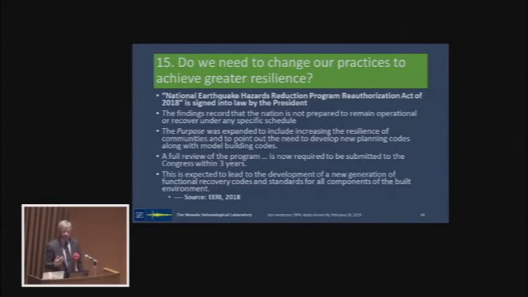And what motivates me to put this question up is that in the U.S. we just reauthorized the National Earthquake Hazard Reduction Program. And in that reauthorization, which was very heavily influenced by engineers in the Earthquake Engineering Research Institute and seismologists in the Seismological Society of America, the findings inside of that